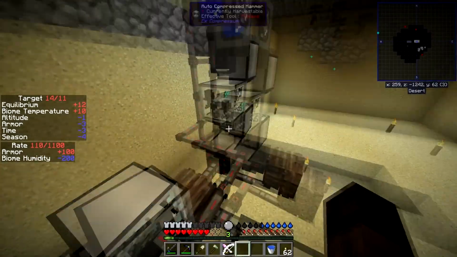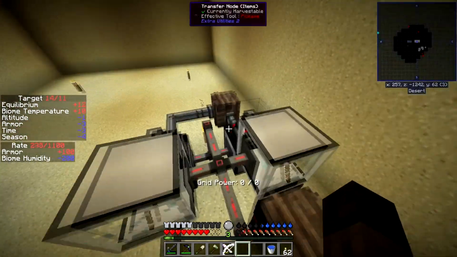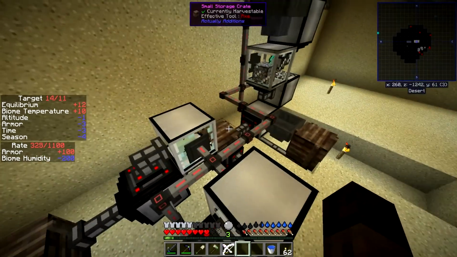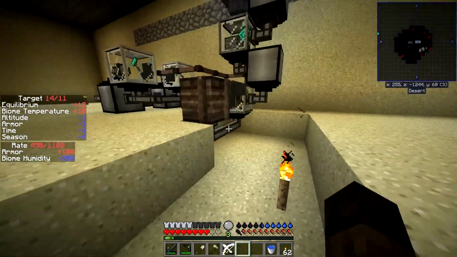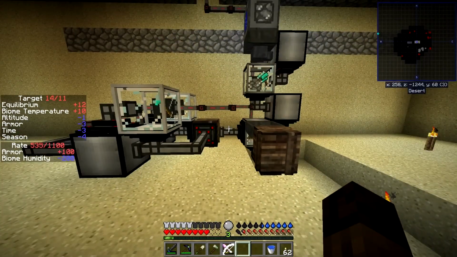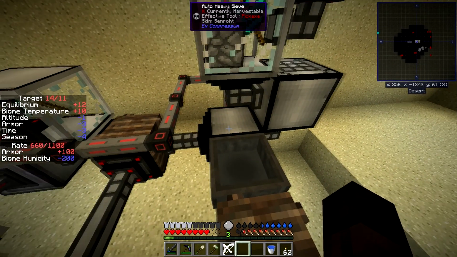Alright, so I think we're going to break this up and get it laid out in rows a bit better. I think it's going to be the way to do it. So I like this sort of condensed setup I've got, but it's making it a bit difficult to navigate things and figure out what I'm doing. So I'm thinking we're going to have all of the sieves output into